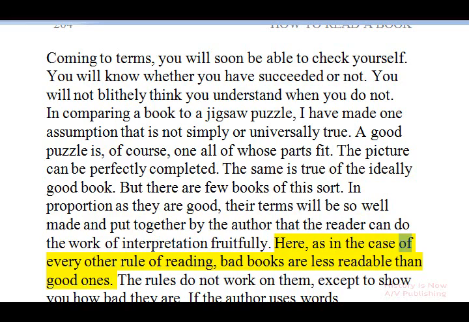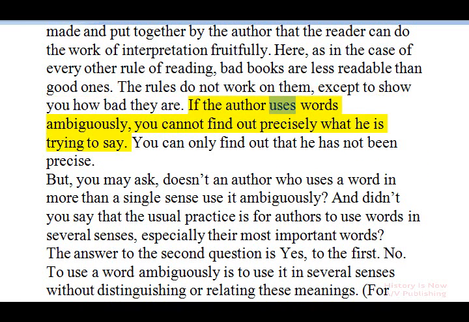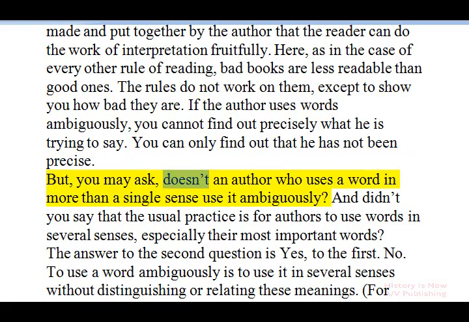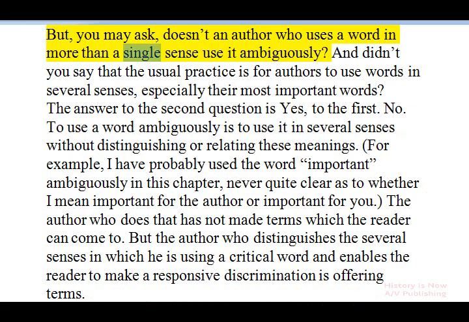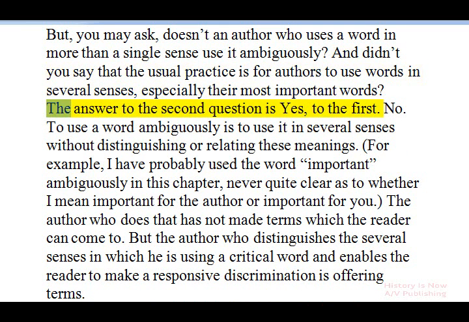Here, as in the case of every other rule of reading, bad books are less readable than good ones. The rules do not work on them, except to show you how bad they are. If the author uses words ambiguously, you cannot find out precisely what he is trying to say. You can only find out that he has not been precise. But, you may ask, doesn't an author who uses a word in more than a single sense use it ambiguously? And didn't you say that the usual practice is for authors to use words in several senses, especially their most important words? The answer to the second question is yes; to the first,